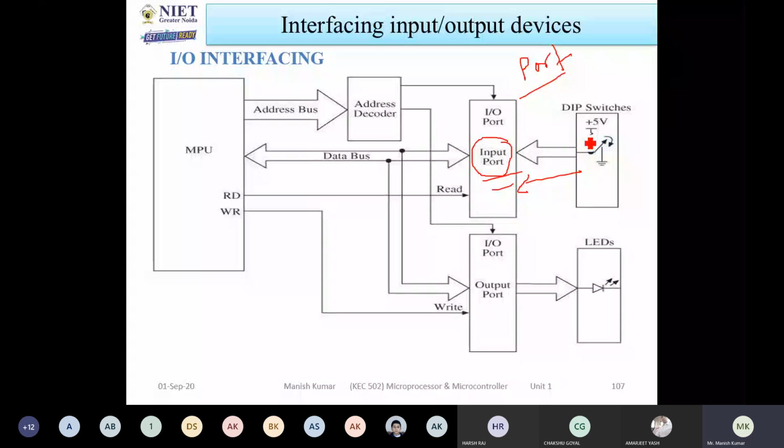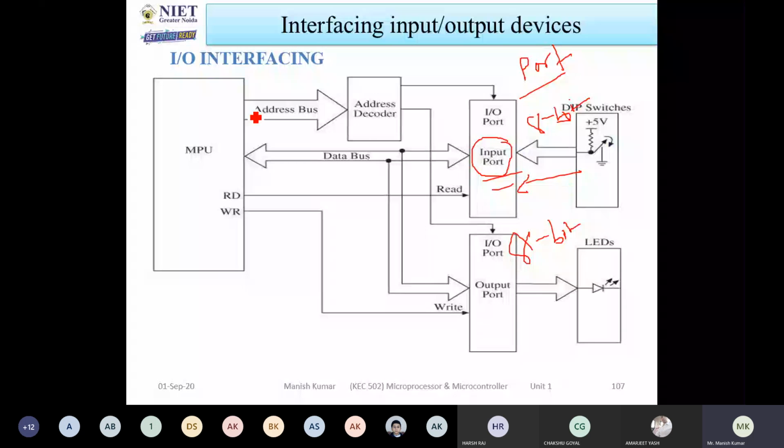Okay, in the same way, if the input devices and output devices are there, for those devices you have to connect with the port address. So the question is, how can you generate the port address? An 8-bit port address is connected with the input devices and an 8-bit port address is connected to the output devices. So these port addresses will be required for connecting any devices, either input or output. Okay, so for this purpose, you have to define the address.